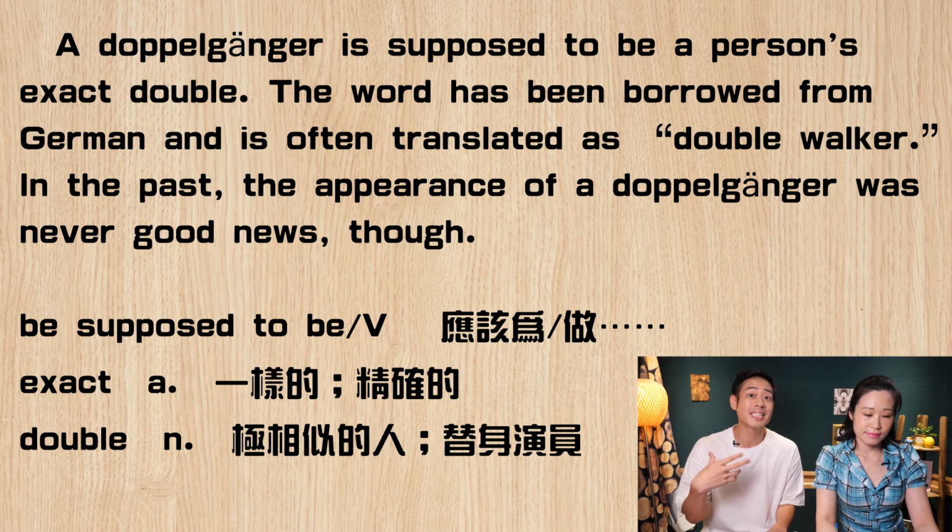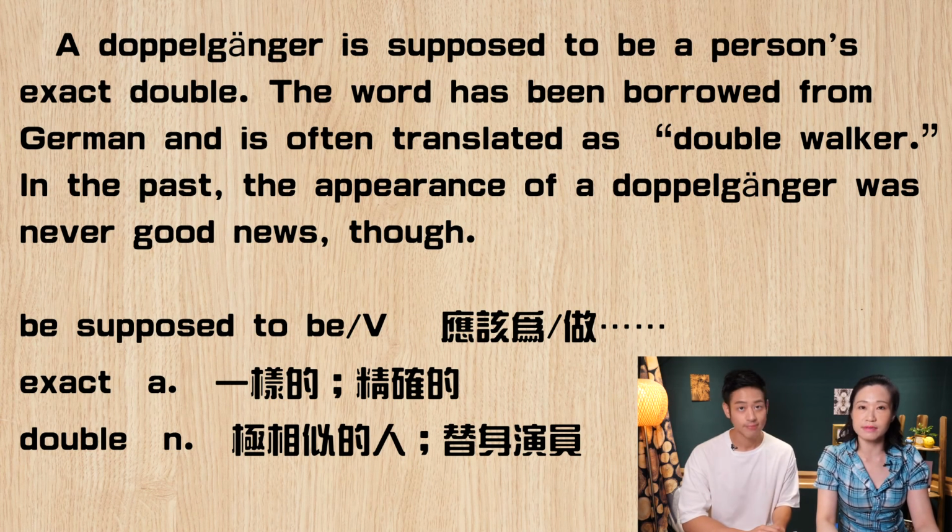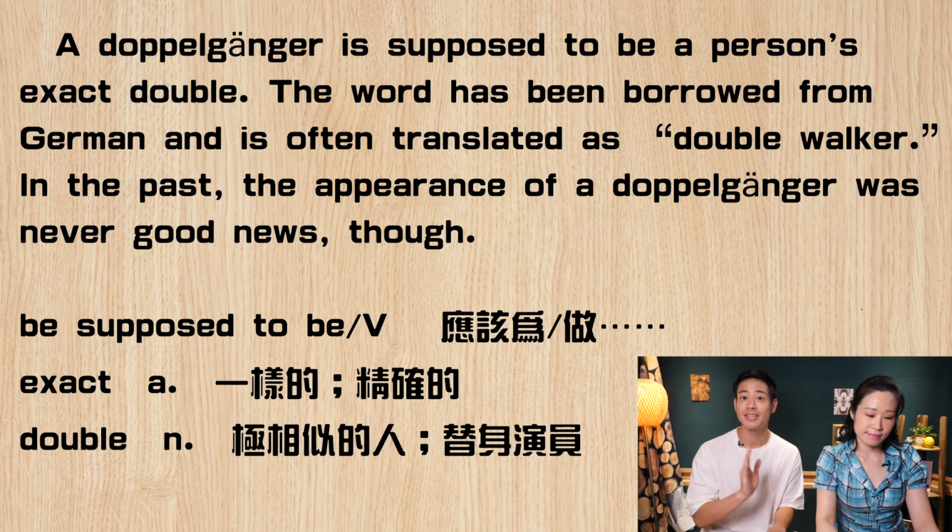Here we see is supposed to be. It means expected to be. And one thing to note is I often hear my Taiwanese friends forget the D after supposed. So it's supposed to be, not suppose to be. 第一个是发音的问题，同学，suppose 这个字后面加了 D 的时候，你们在念的时候要注意一下，有一个 D 的音在后面。它原本就是表示预计或预期发生一件事情，然后后面接原形动词。